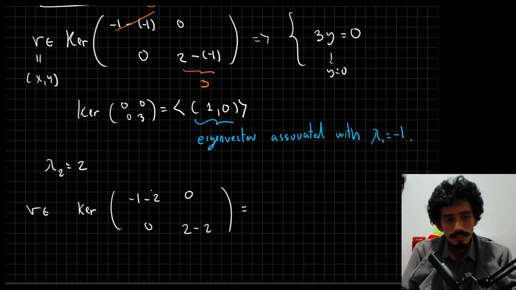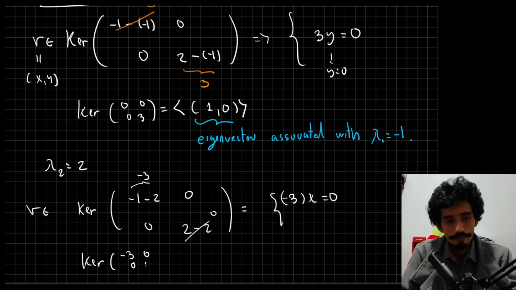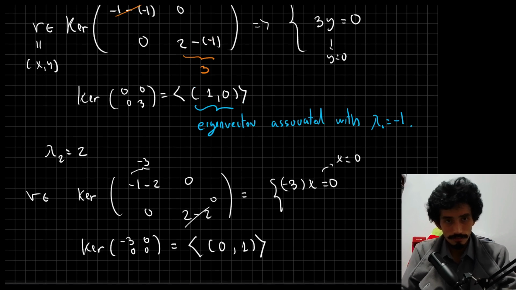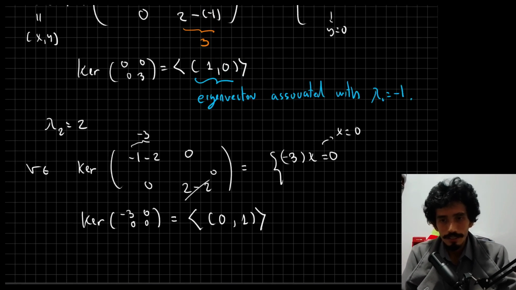So any vector here, this is minus 3, will be minus 3 times x equal to 0. This is of course 0, and so this implies that x is 0, right? So this was kind of obvious. And now for the second